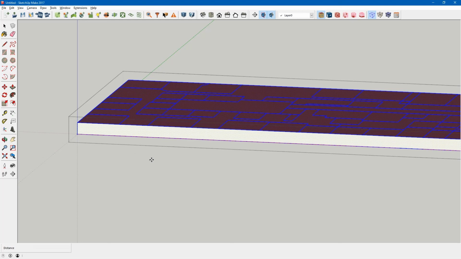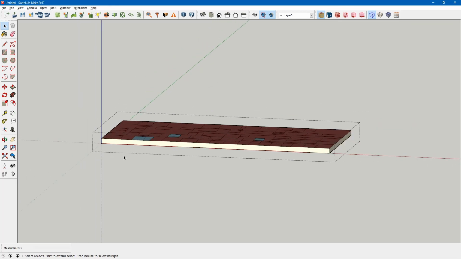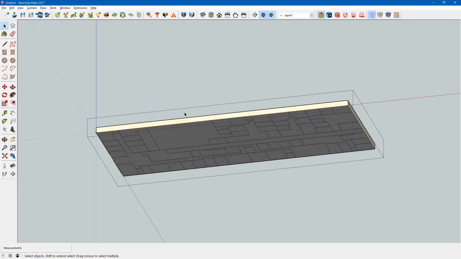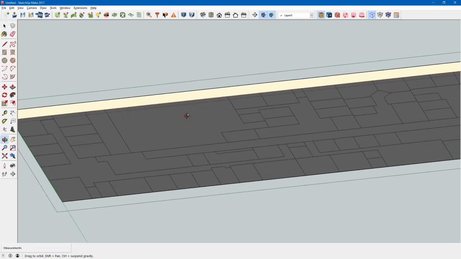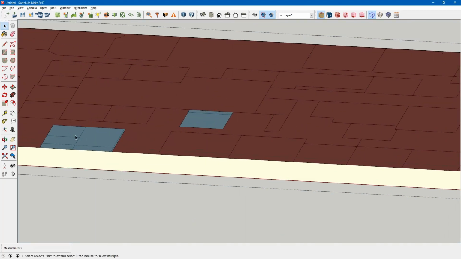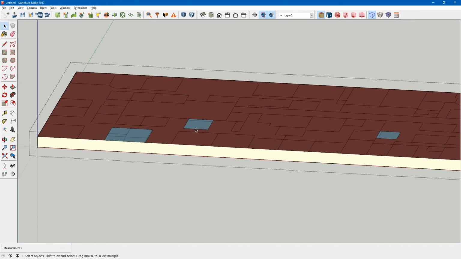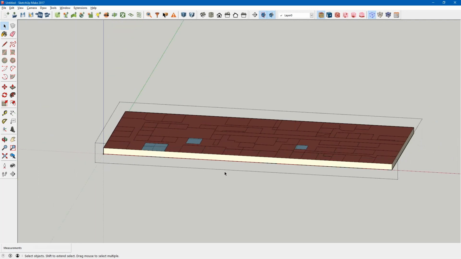And it will take a second to calculate, and you can see that it was pasted in with floors, ceilings, and again we've got some issues with a few of these skylights that we'll have to fix later.